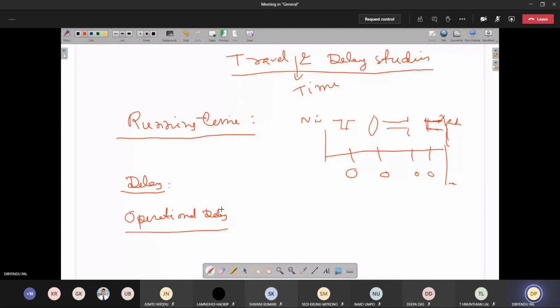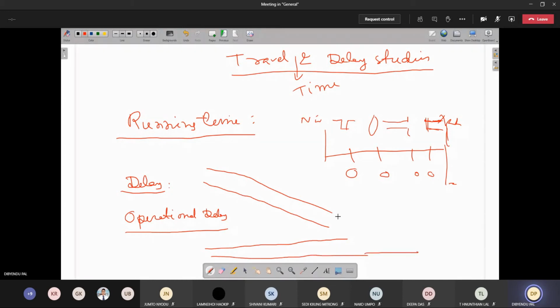Say other traffic is crossing, or somehow there is other traffic, say merging traffic or diverging traffic, when two roads meet. So this is one road. Some vehicles are coming from this side, and this is another road. Some vehicles are coming, and at a certain location you will find that both the vehicles have merged together and become a single road somewhere.